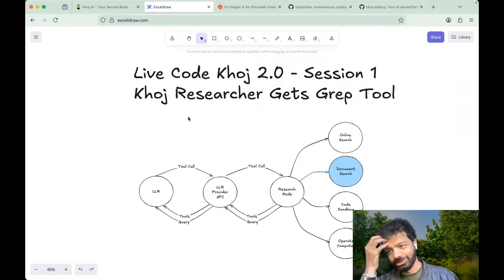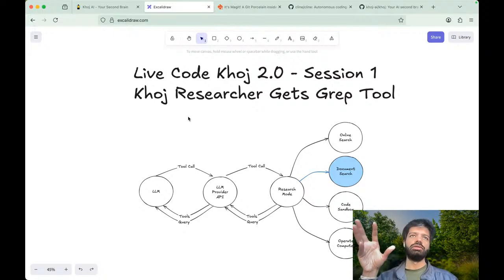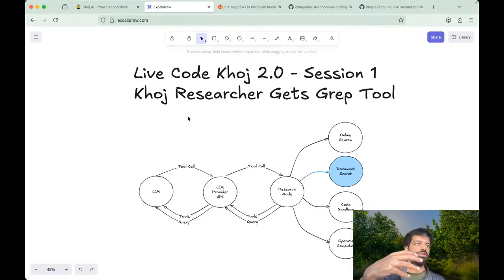I wanted to give folks a bit of an overview of the relevant parts of the Khoj code base for the purposes of this session and maybe a session or two after. One of the features in this re-architecture is to improve Khoj's ability to look through your synced documents and retrieve answers better for you.